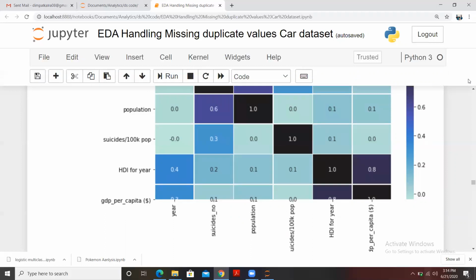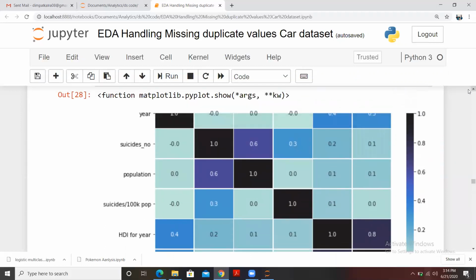So try to observe this heatmap first to get the idea. You can easily understand the relation between different variables here.